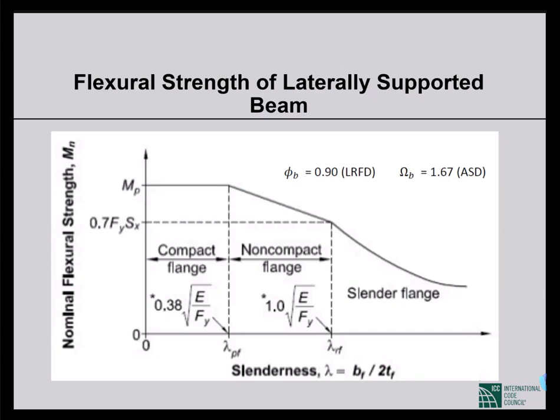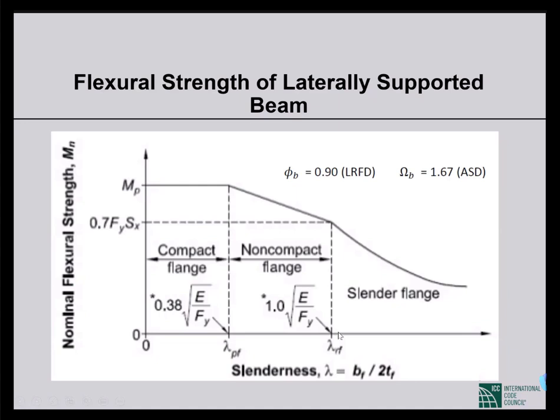Ultimately, the same story. There will be 3 stages, depending on the slenderness ratio, that is, element slenderness ratio. Depending on the ratio, when we calculate capacity, there may be 3 stages. If the width thickness ratio is more than lambda r, that means we are talking about flanges, that's why they're Fs. So if the slenderness ratio is more than lambda r, then that will be a slender element.